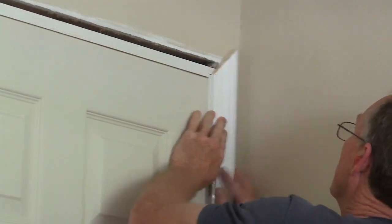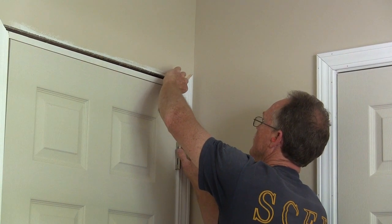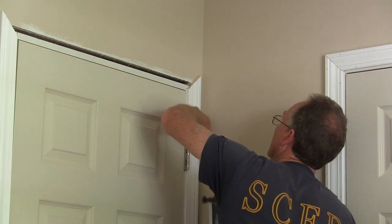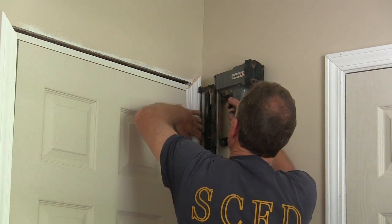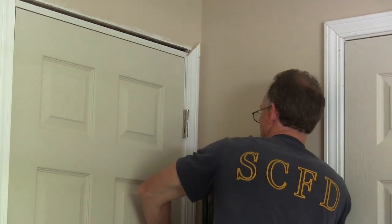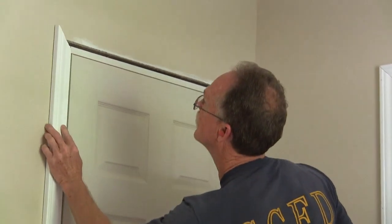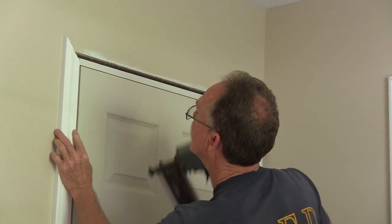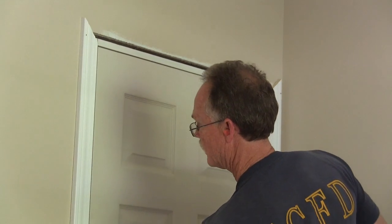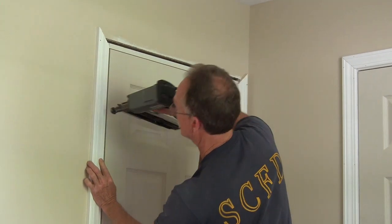So what I like to do is I start out, I like about 1/4 inch reveal from the door jamb to the trim. I just eyeball it, and I try to get it just the same all the way down. Do this side. If you don't have an air nailer, you'll have to hand nail it, and I would suggest using at least 8s